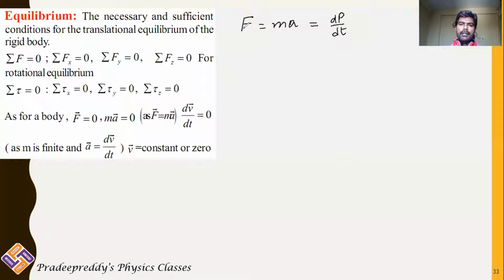Similarly, if you are able to find out change in the momentum, then you are able to find out the force. Now let us consider an object. This object has mass m, and there is one force acting on this particle, F1, and another force acting on this particle, F2, and there can be another force acting on the same body, F3. Three forces are acting on the same particle, and the magnitudes of these forces are not equal. F1, F2, F3, they all have different magnitude.